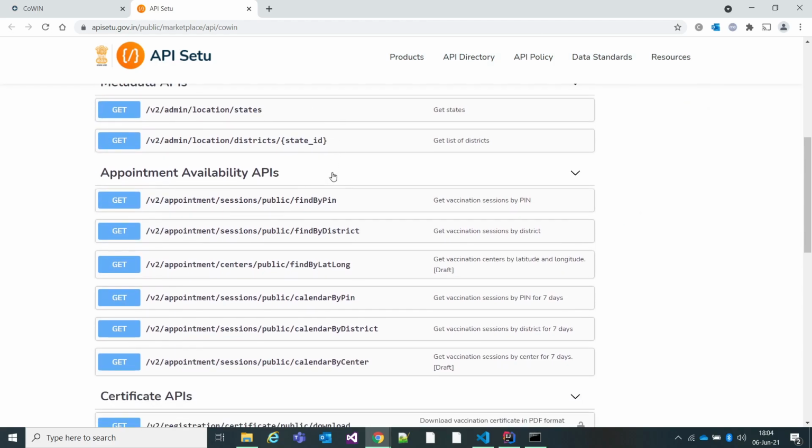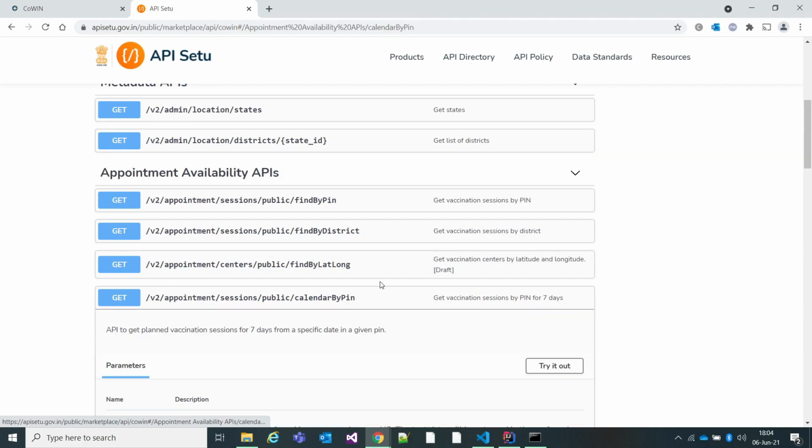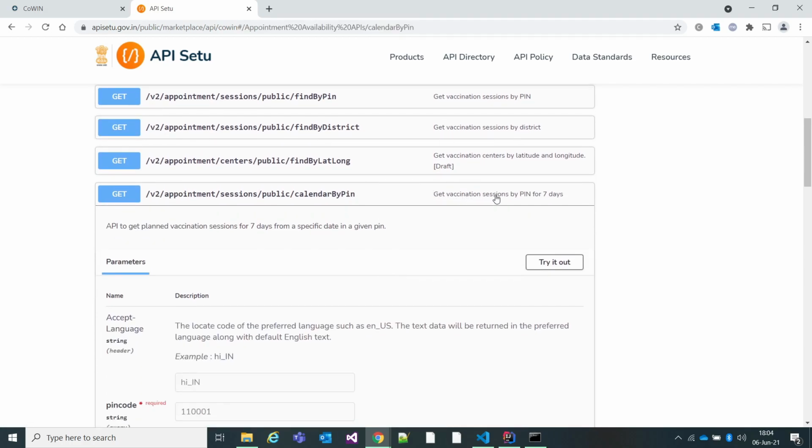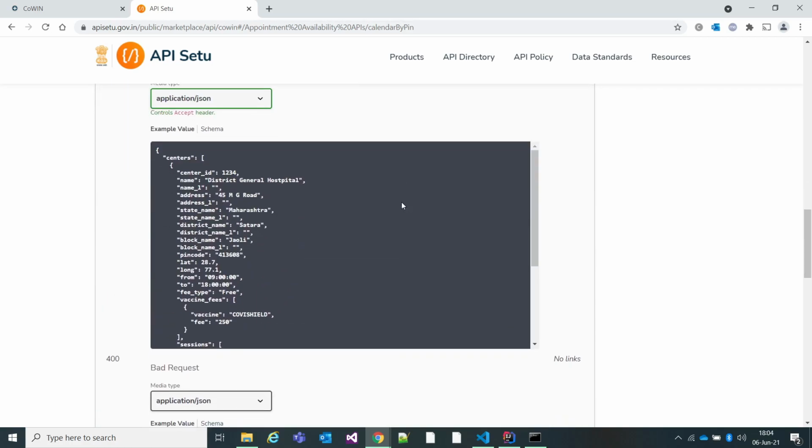I'll be using this get query to get the vaccination data by pin for the upcoming 7 days. If this is the get query, what will be the URL I'll be using?